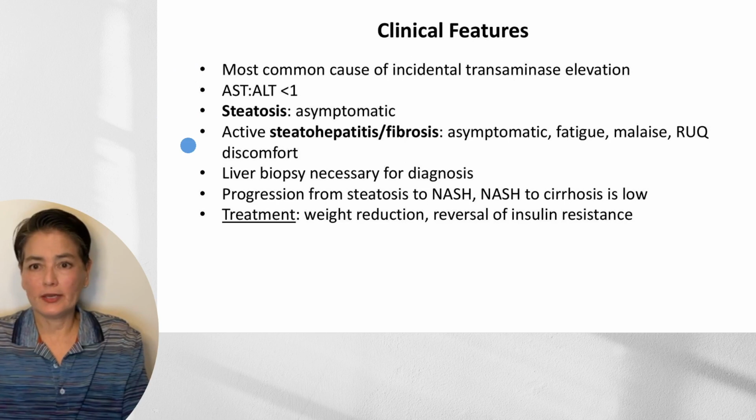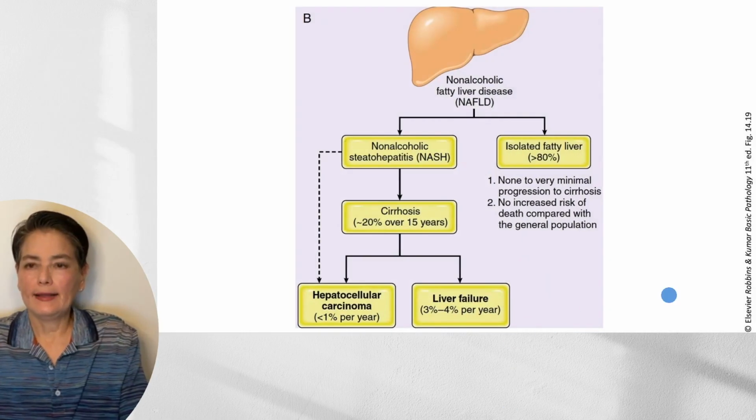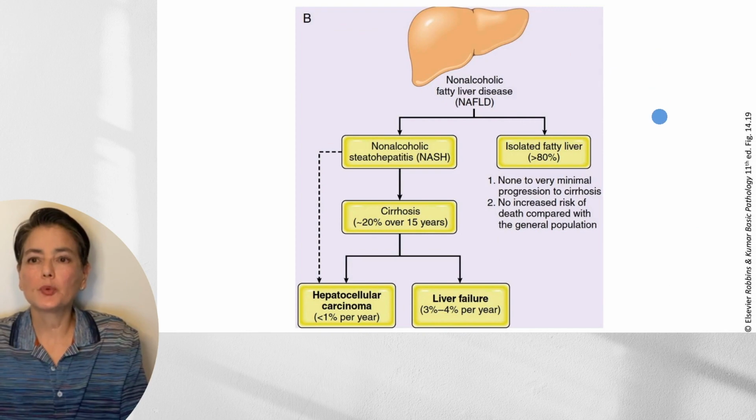When we have active steatohepatitis and fibrosis, patients may be asymptomatic or they may have fatigue, malaise, right upper quadrant discomfort. Fortunately, in this condition, the progression from steatosis to non-alcoholic steatohepatitis or NASH to cirrhosis is low, and the treatment for these patients will be weight reduction and a reversal of insulin resistance. So let's put that together in a figure to help you visualize the natural history of